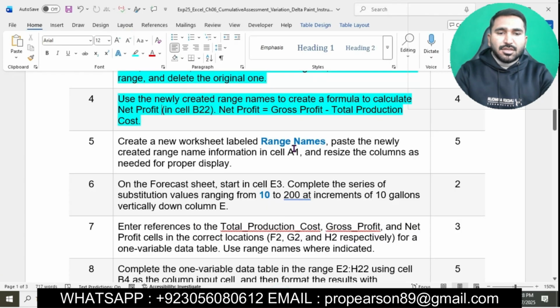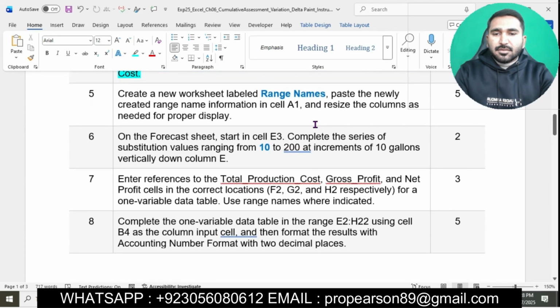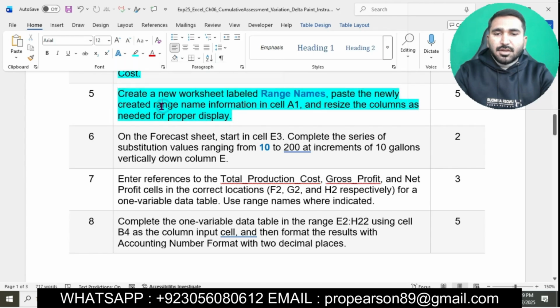I have done 4 questions of this assignment right now. Question number 5 is that, highlighted this, create a new worksheet labeled range names. Paste the newly created range name information in cell A1 and resize the column as needed for proper display. Basically in this question we will create a new worksheet, okay, and then we will assign the name of new